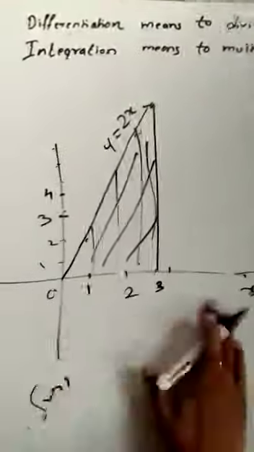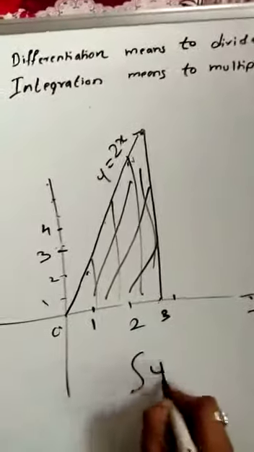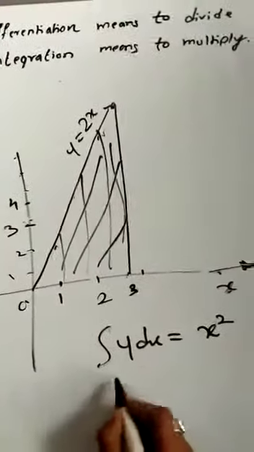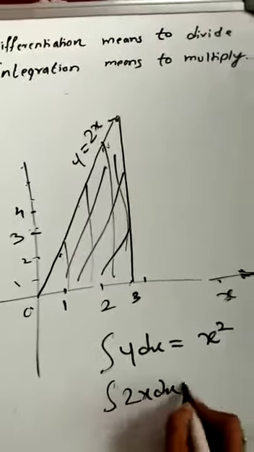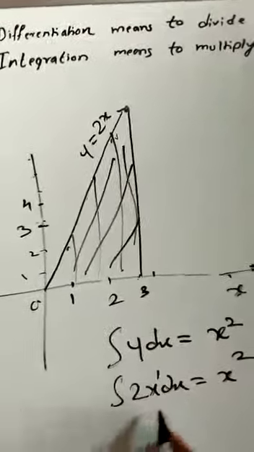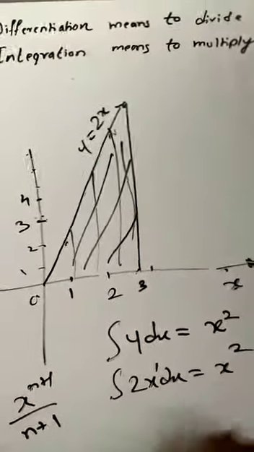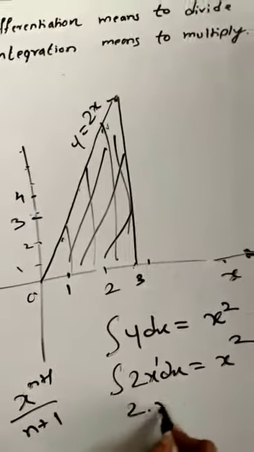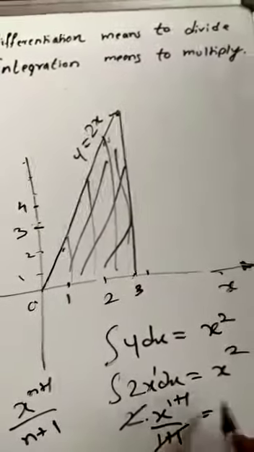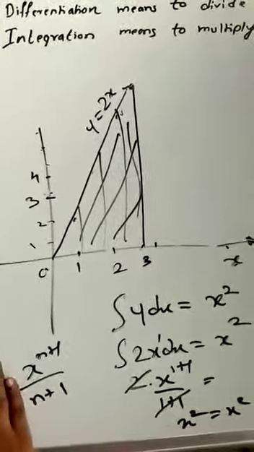Now let us check whether the answer is true or not. Integration of y with respect to x should give you what? x squared, that is the original answer. What is y? 2x dx should give you x squared. Now if you put the value of x raised to 1 in the formula x raised to n plus 1 upon n plus 1, it should give you the answer. So let us take 2x raised to 1 plus 1 upon 1 plus 1, that is 2 gets cancelled with 2, it becomes x squared equals x squared. Now this is understood.